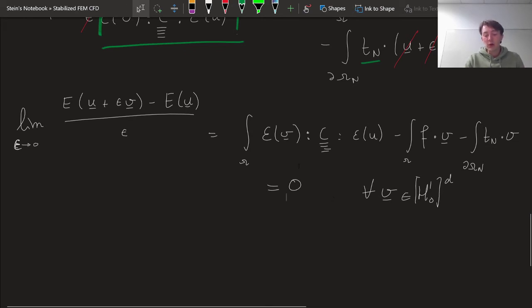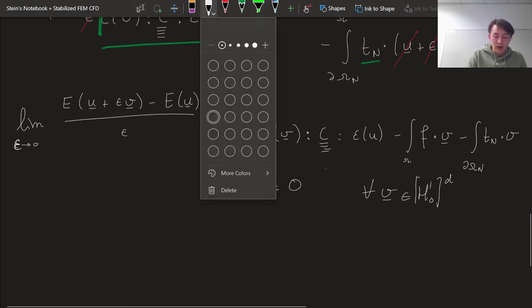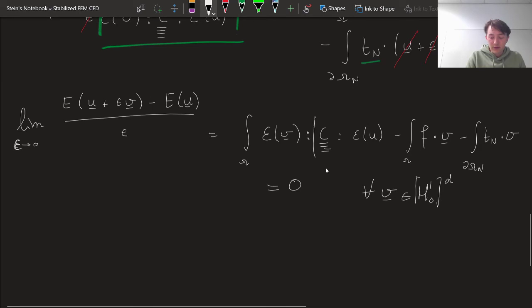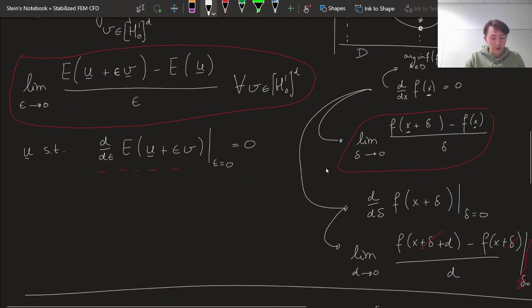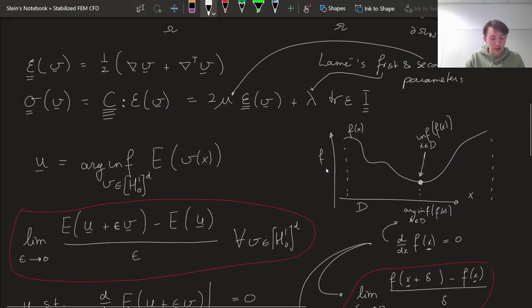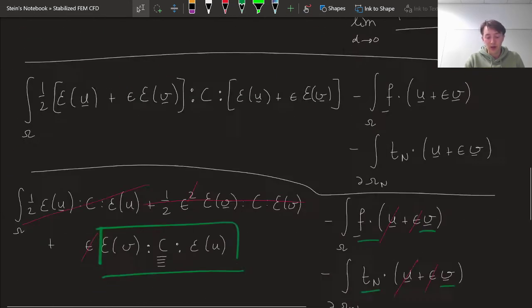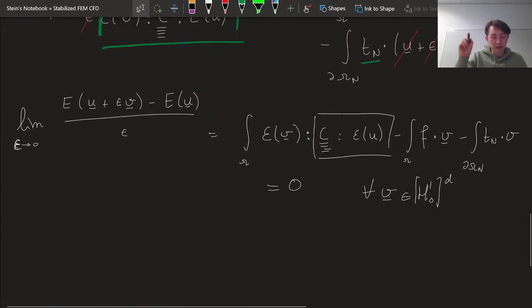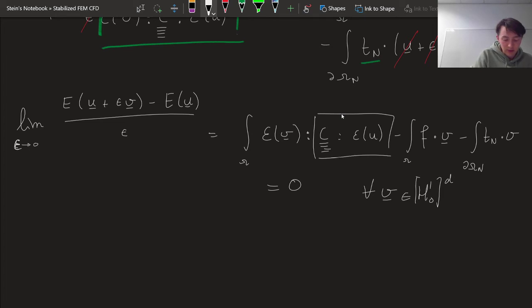Now, to do this, we have to expand this term that is still a little obscure right here. Okay, so we have C double contracted with epsilon of u. That was our stress, and we had an expression for that. That is 2 times mu times the strain plus lambda times the trace of epsilon. Yeah, so I'll substitute that. So before I do that, actually, let me point out this is of the form